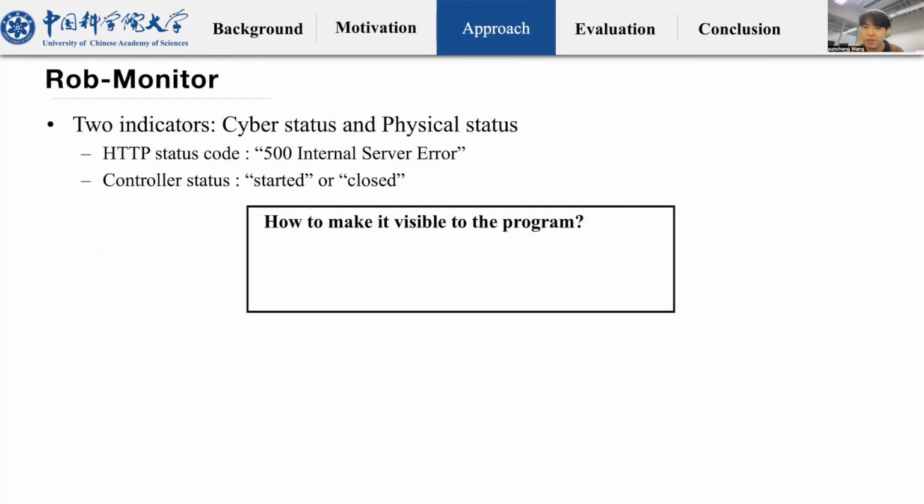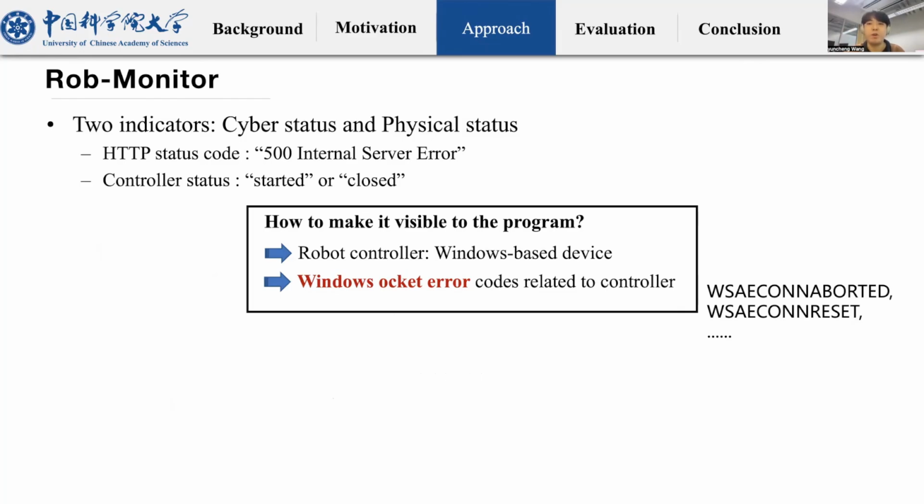But this physical state change happens in the real world, where it is something a human observer can spot with their own eyes. A program can't directly detect it, so we need to translate it into a program readable signal. To achieve this, we use other program events that happen at the same time. Here is a key insight. The controller is actually a Windows-based system, and during this process, Windows socket errors are generated. Using specific socket error codes, like connection aborted or connection reset, we can automatically detect